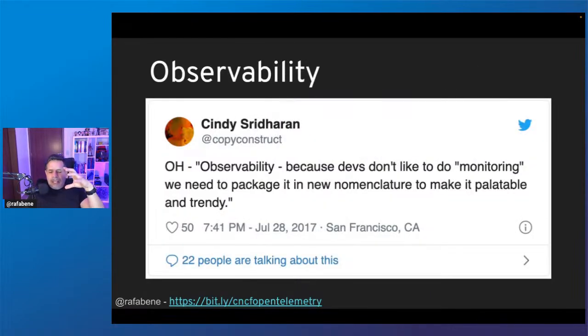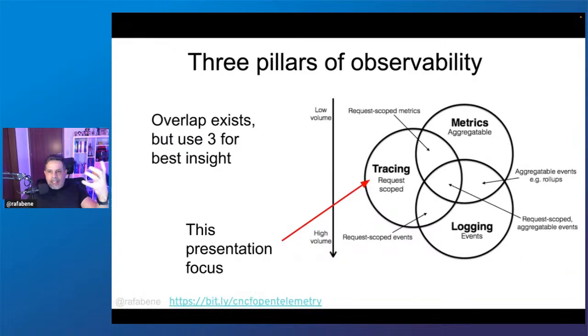But observability is more wide, right? Because we have three pillars of observability. We can observe our software in a sense of logging, right? We can watch the logs to watch what our software is performing or performed in the past.